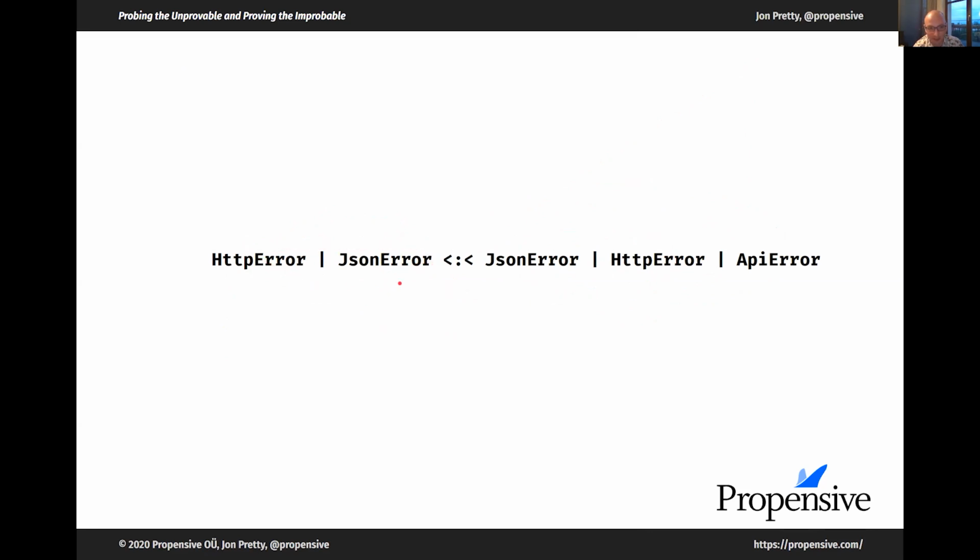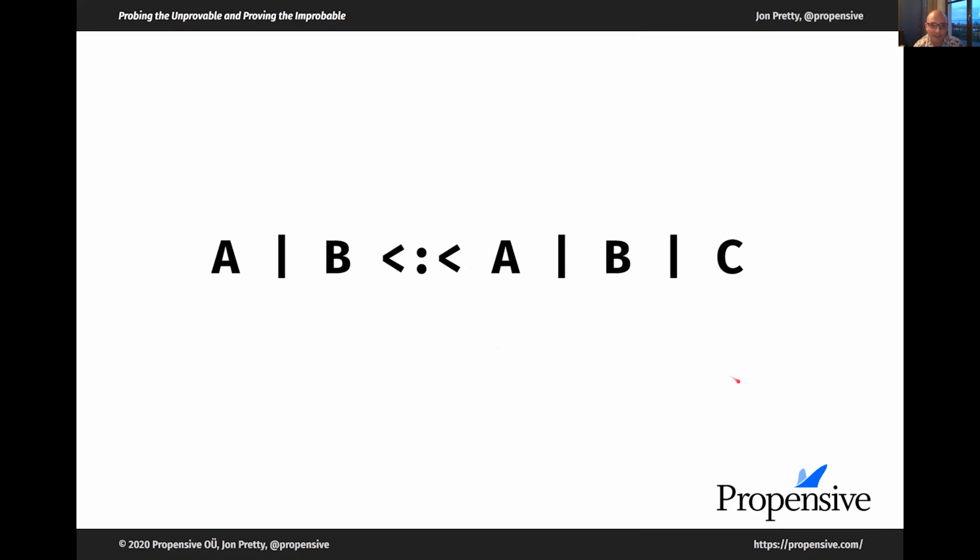So the pipe operator commutes, and as long as the set of things on the left is a subset of the set of things on the right, and there's a union between them, there is a subtyping relationship. So this is one of the rules that Dotty encodes. So more generally, A or B is a subtype of A or B or C.